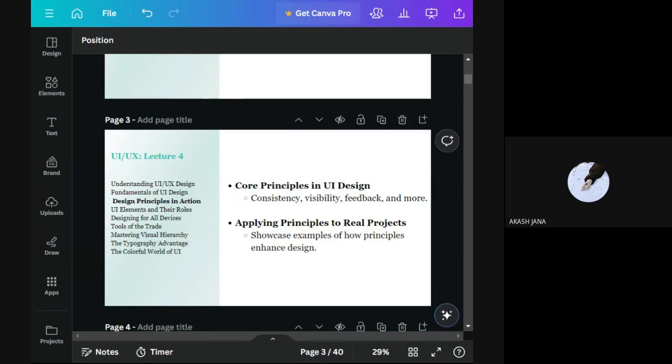Then what is UX? So anyone would like to answer this? User experience. User experience is how the user feels when actually using it, the overall experience. That experience is what UX deals with. The main task of UX is to satisfy the user. So it is the overall experience a user has when interacting with a product or system. It focuses on ensuring that the user's journey is seamless, enjoyable, and user friendly, considering factors like ease of use,